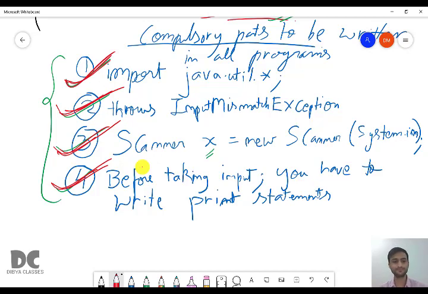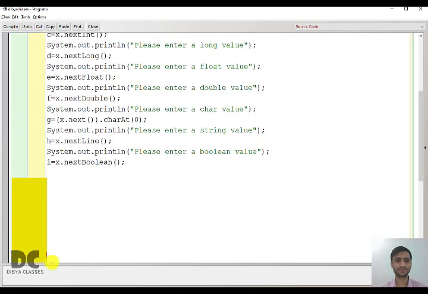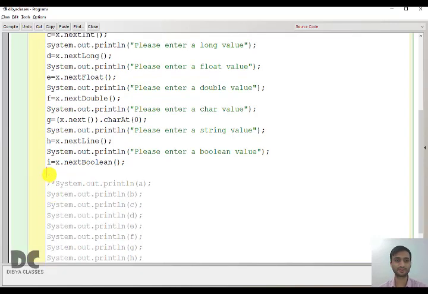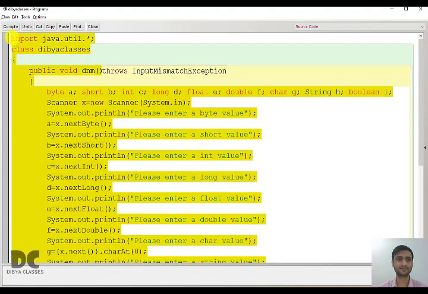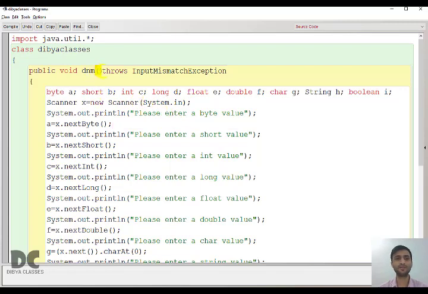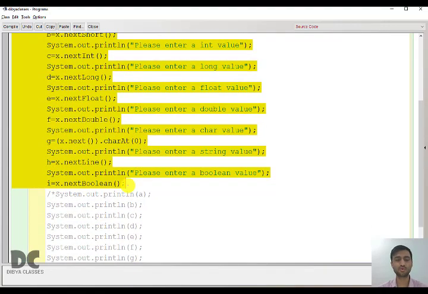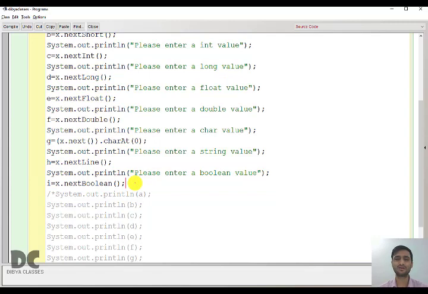So what next? Here is the whole thing. In parameter we are just writing here, but in scanner you have to write everything like this so that you can take input from the user. It is big, yeah, but it has its own benefit. Actually, programmers don't use parameters; they use this type of method, scanner methods, buffer methods. It is better to use these methods, though it is time taking, and you have to remember much and write more.